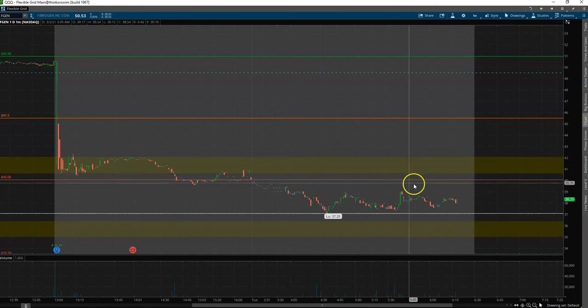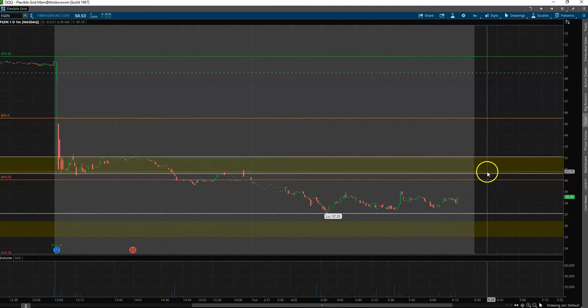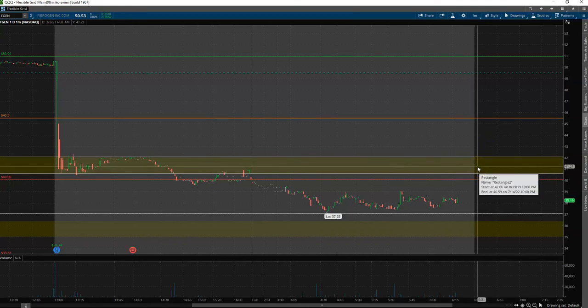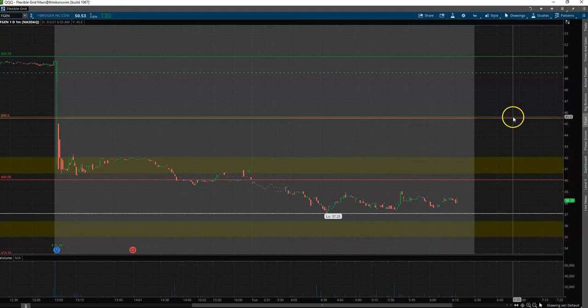If this does start to get bought up out of the open, you guys can grab it long. It's going to be more of a scalp trade here out of the open. You guys can grab it long for a quick scalp trade, bam, up here 41, 42, and then top it off. And if we're able to hold up, if we can hold the volume, if we can hold these levels, and we can start breaking out of this distribution zone up here, we can look for that next leg up